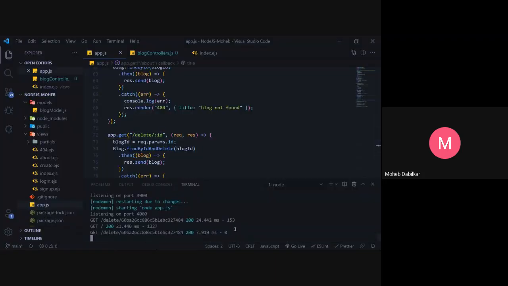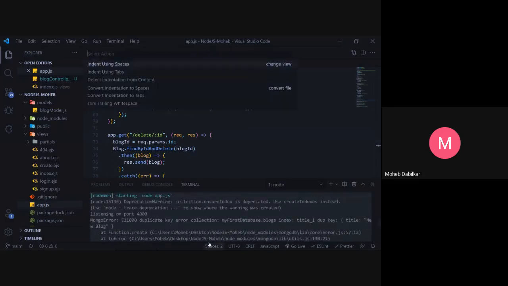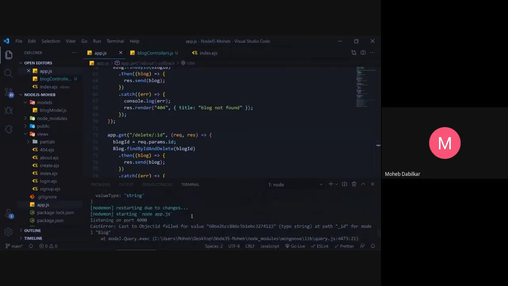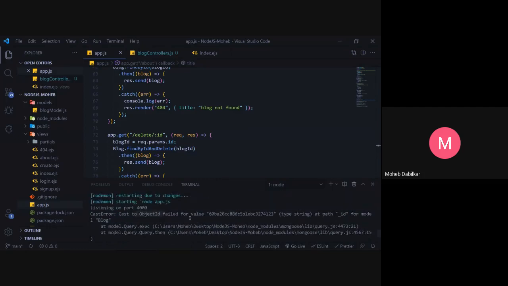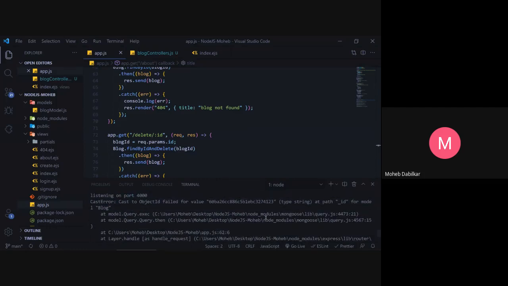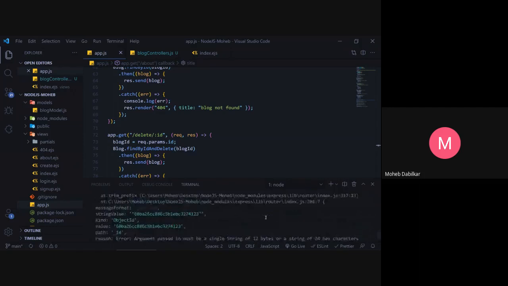Okay, and now if I go over here, there is an error, and over here we should see an error. Yeah, we do get an error. We got two errors because we restarted: cast to object failed for value of type string. And why did that happen?